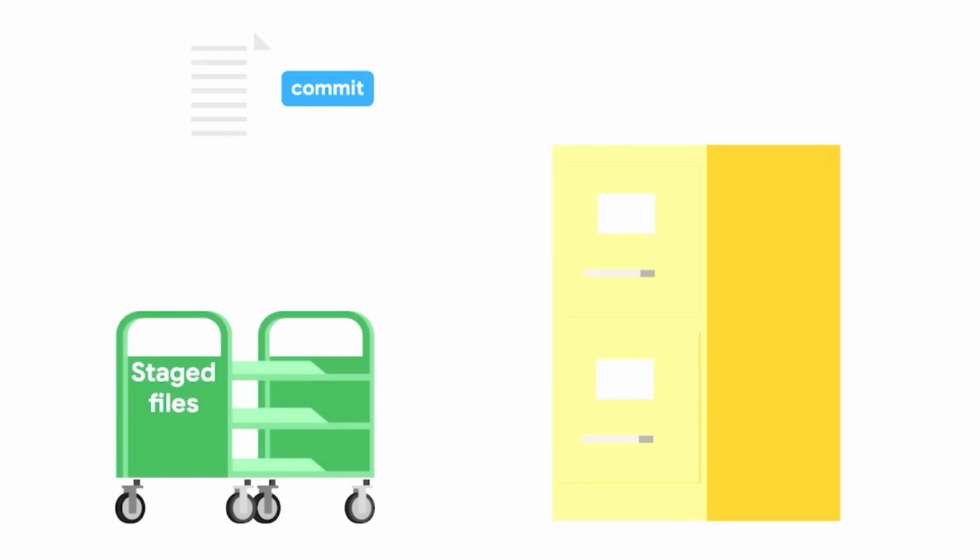When we do this, our modified files become staged files. In other words, the changes to those files are ready to be committed to the project. All files that are staged will be part of the next snapshot we take. And finally, when a file gets committed, the changes made to it are safely stored in a snapshot in the